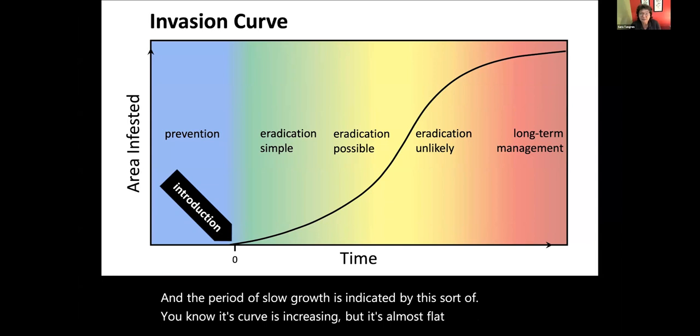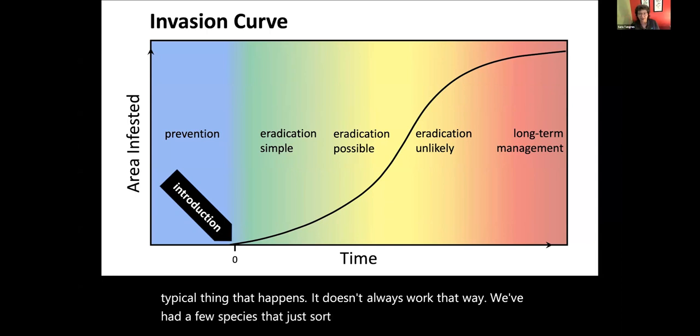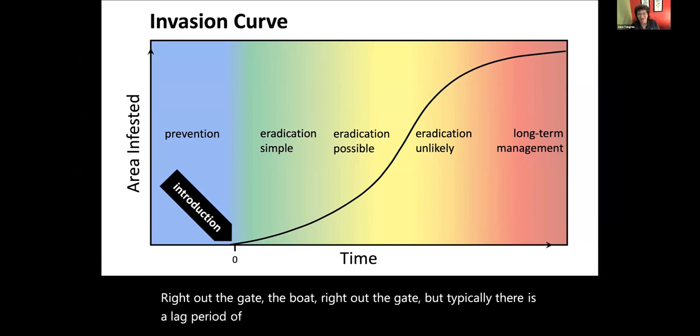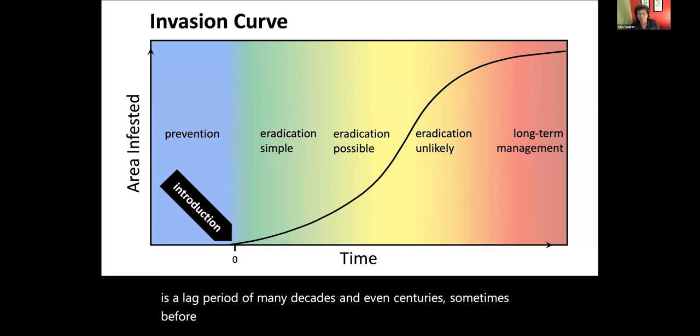And that is the typical thing that happens. It doesn't always work that way. We've had a few species that just sort of skyrocket right out the gate. They bolt right out the gate. But typically there's a lag period of many decades and even centuries sometimes before we get into this yellow zone